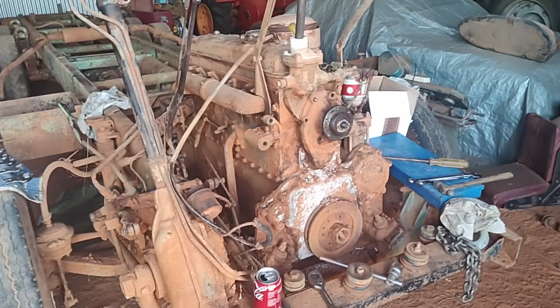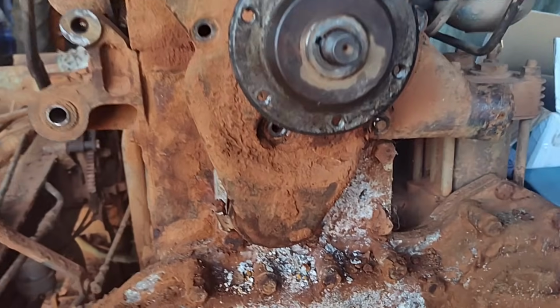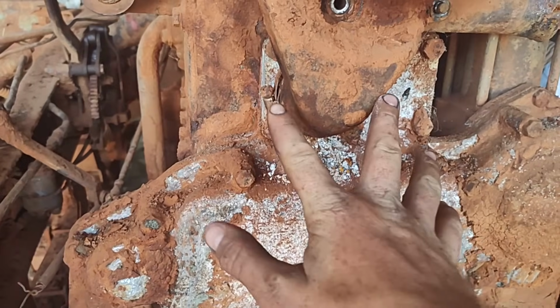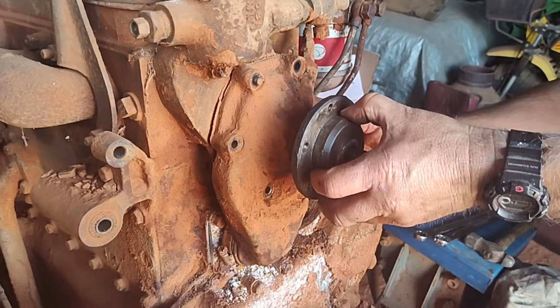So here we are with the truck in the shed. We're just working on taking the water pump off of it, and we just tapped that aluminium cover there and poked a hole in it, and there's all, you know, evidence of water leak going all around that. And we took the water pump off